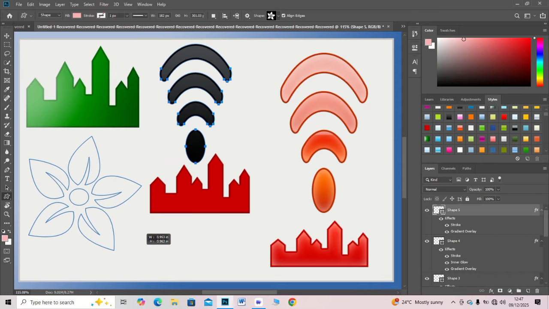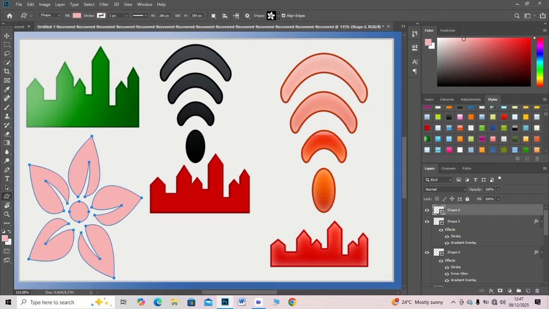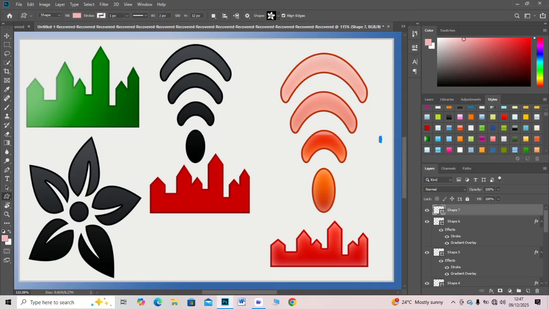Insert a text layer for features and specs. Align all shapes and text using smart guides. Apply